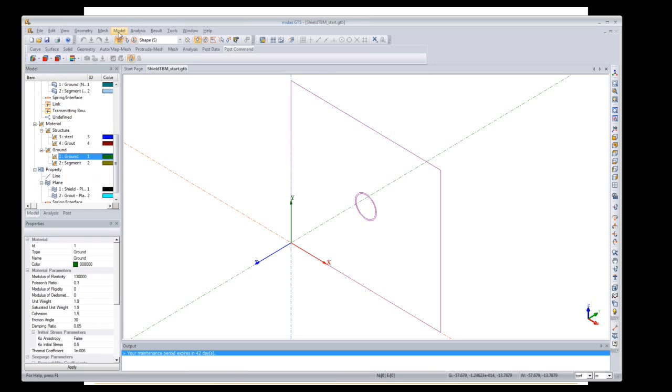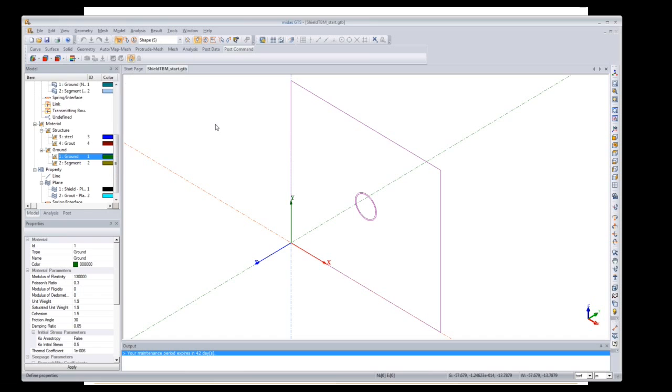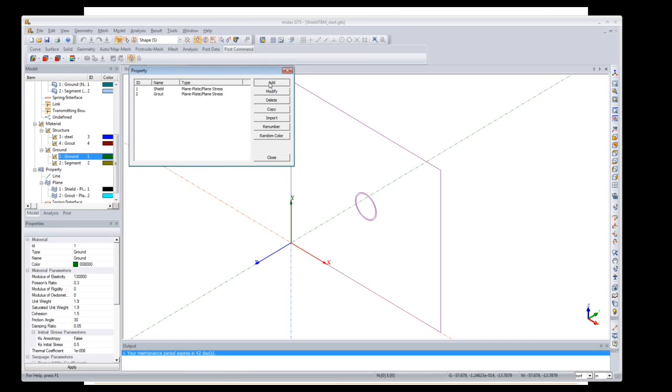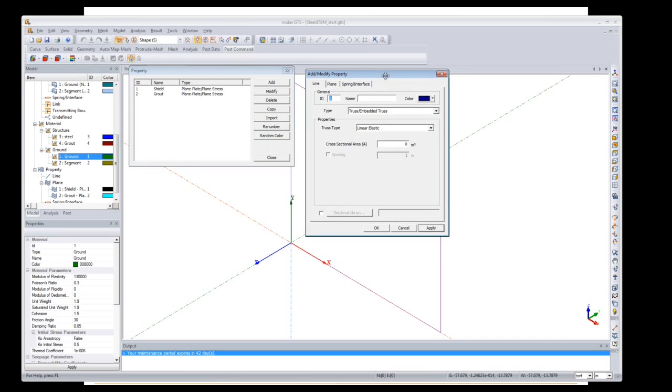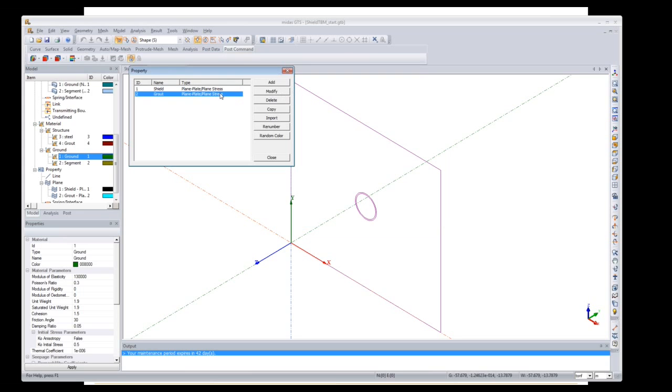So you can go to model here, and under property, you can find attribute, material, and property. You go to property here, then you click add, and then you can define whether you would like to use it for a 1D member or a 2D member, and what thickness you would like to apply. So we have applied shield and grout here,